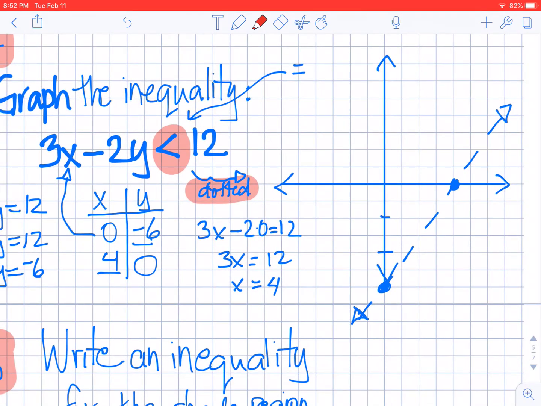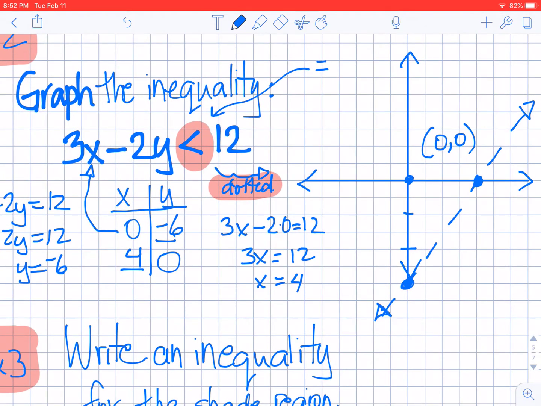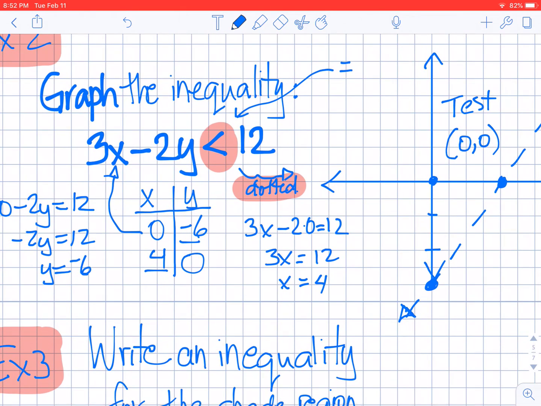Of all the points that are below and above, the easiest point, I think, that we could pick to test would be the point 0, 0. Since 0, 0 is not on the line, we can test it. Please always put a dot at your test point, list out the coordinates, and now I'm going to put this point into the graph. So again, plugging in 0 for x, 0 for y, we get 3 times 0 minus